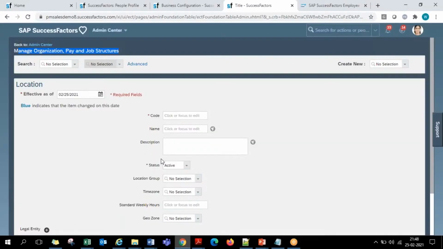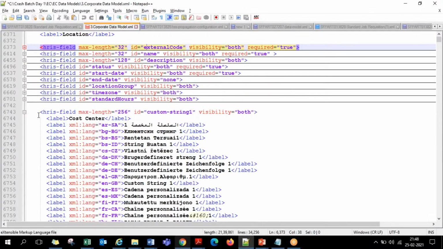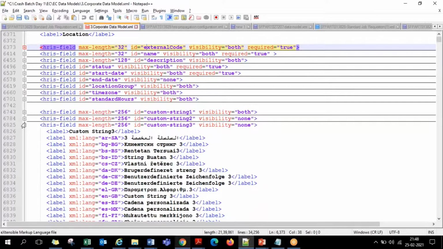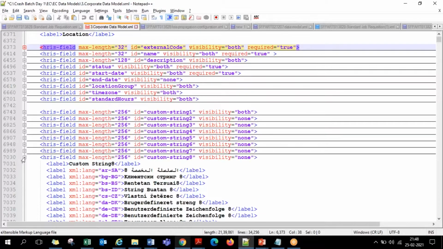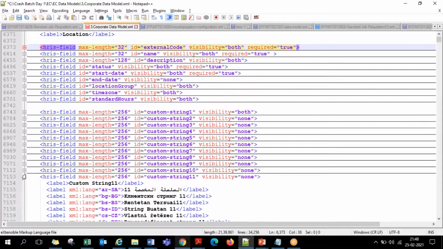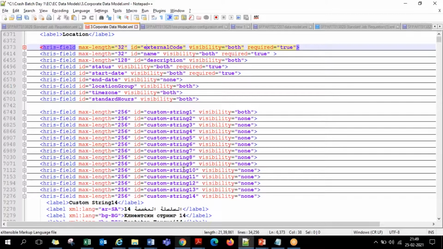But if a customer is asking me to add a custom field here, one more, then should I do the coding in the XML? Even for that, SuccessFactors has given us the predefined thing. Custom fields, the way you can add 70 custom fields in every portlet, even in foundation objects we can add up to 70 custom fields, guys. And all those fields are pre-coded. The coding of all that is already given. Custom string 1, 2, 3, 4, 5, everything. And they have kept the visibility of those fields as none. They have already given those 70 custom field definitions also.